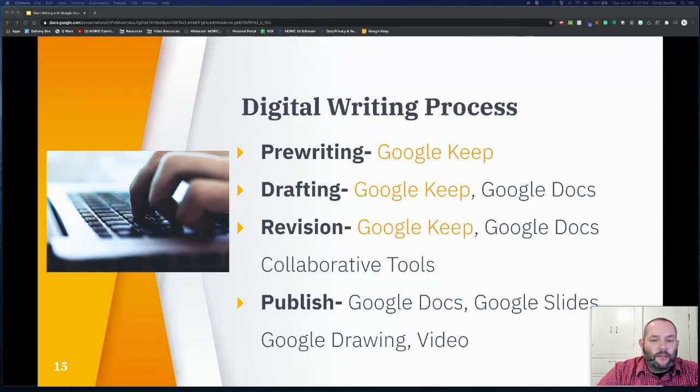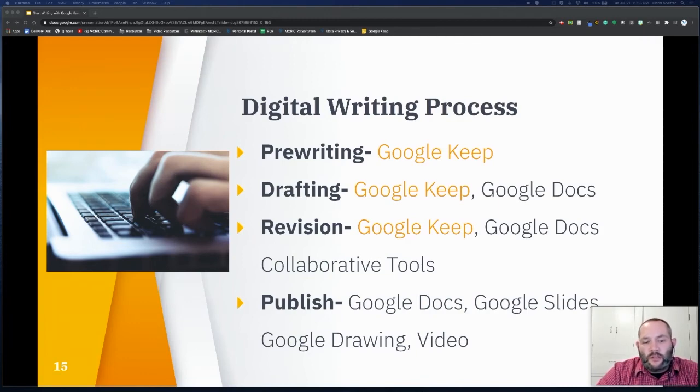Next is the drafting step. Here students can easily use Keep to move their ideas into the G Suite app of their choice by using the simple plugins Google has created to access Keep across all of their products. While revising, students, teachers, and peers can collaboratively take notes in Keep to ask for changes, to create a new direction for the piece, or even just to simply house a bank of comments that can be used when grading docs.